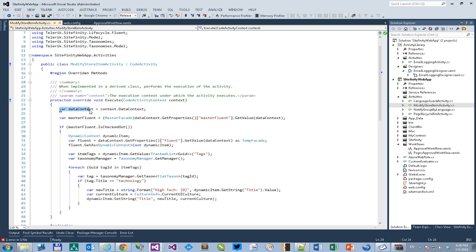So I use the data context, which is context data context. From there, I just get all the properties. I can debug to show you all those properties. They're around 13, 14. You can just breakpoint here and see those. But in my case, I just get the one named master fluent, which carries the fluent facade with the fluent API. So from here I can get this cast to the master facade for the dynamic items,